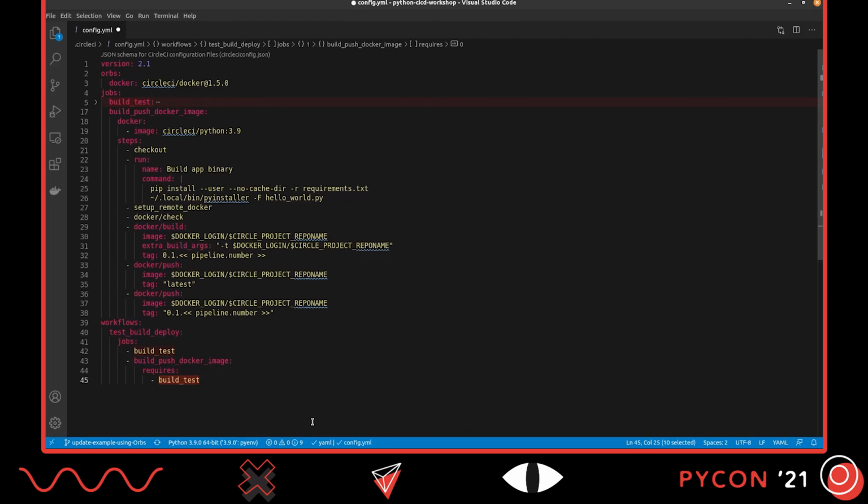In this case, we don't really want that because we don't want to push a busted or bugged Docker image up to Docker Hub. And that's one way you prevent and control the way you orchestrate your jobs, which is what I was talking about earlier. So now that we have basically the full